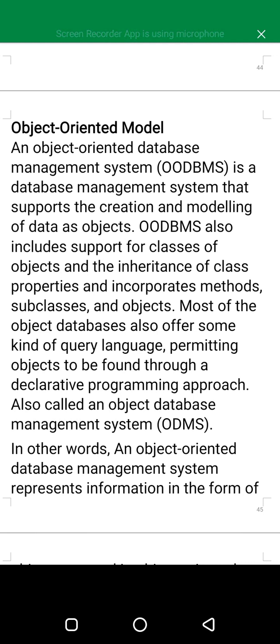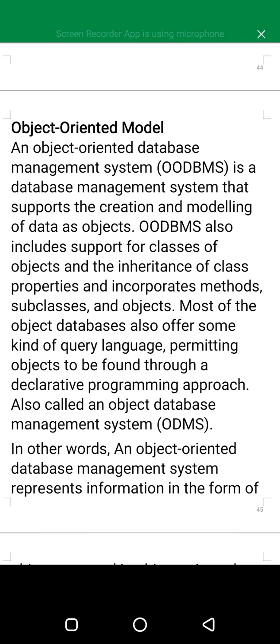The object-oriented database model also includes support for classes of objects and the inheritance of class properties, and incorporates methods, subclasses, and objects.